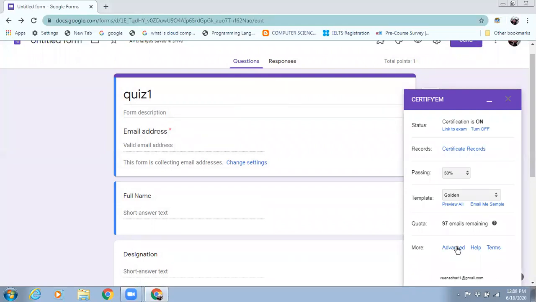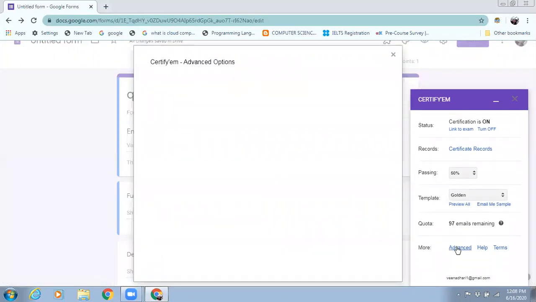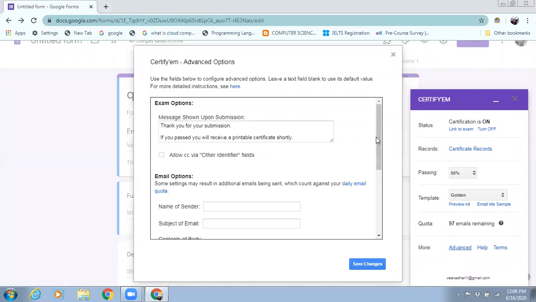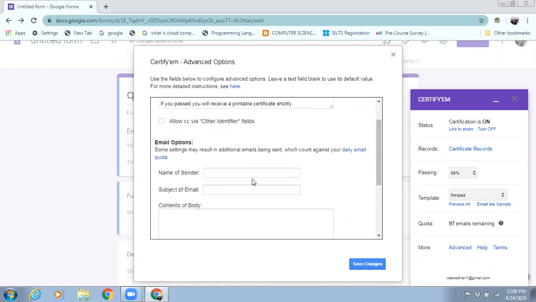Okay, in advanced, go there. The message, what you want to write, like thanks for your submission, your certificate will come, and who you want to send it to, what is your email address, the subject, and whatever else you want to write.